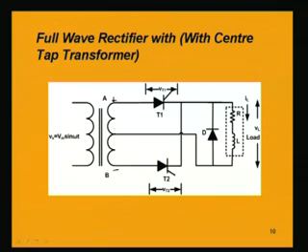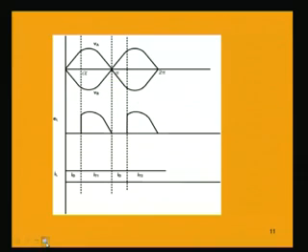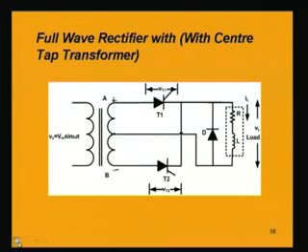This point is ground. So, we are getting the voltage across this load following the voltage at the input, that means at the secondary side. So, if we consider the voltage VA here and VB here, VA and VB will be just out of phase by 180 degrees,